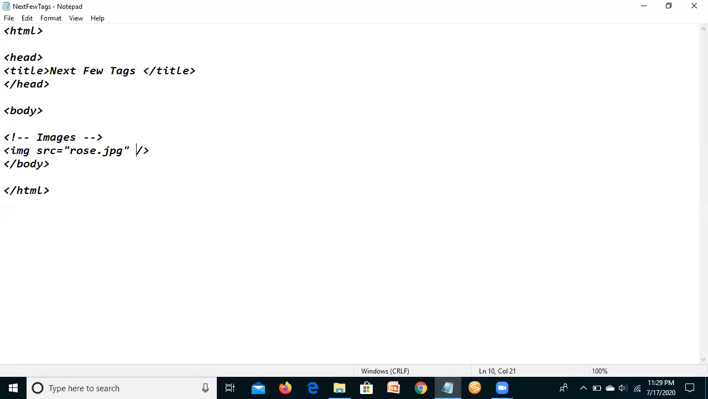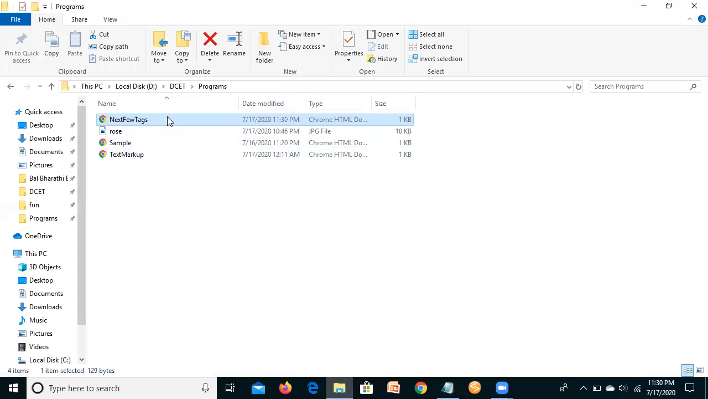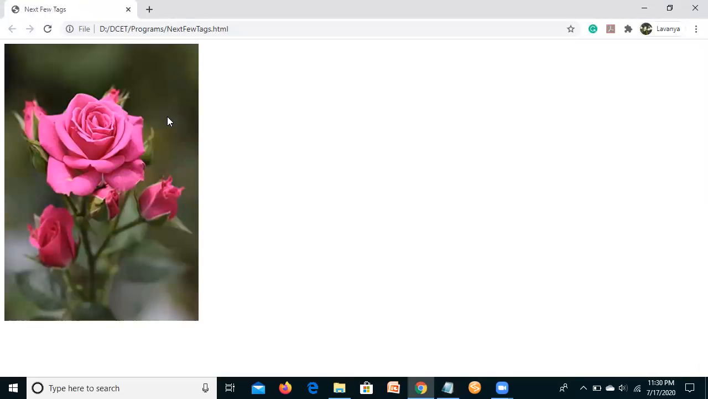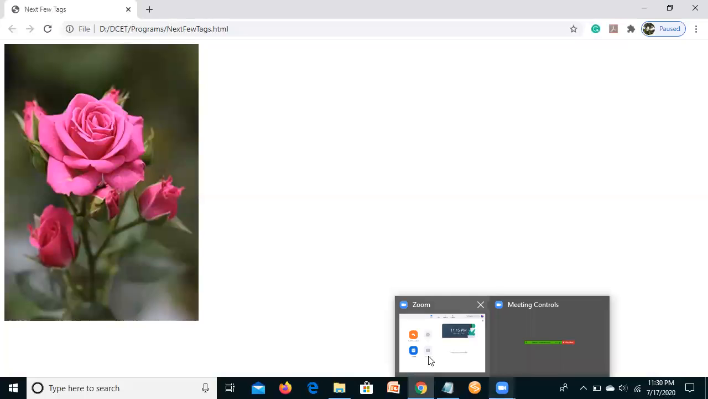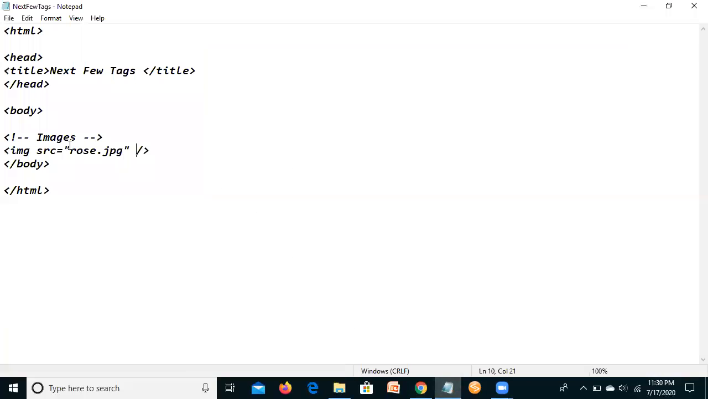Let's see how it looks. I've just given the image tag and source. I have given the file name. Let me save the file. It looks like this. Our web page looks like this with an image. It's very simple. You just have to use the image tag and a source, and there are a few more